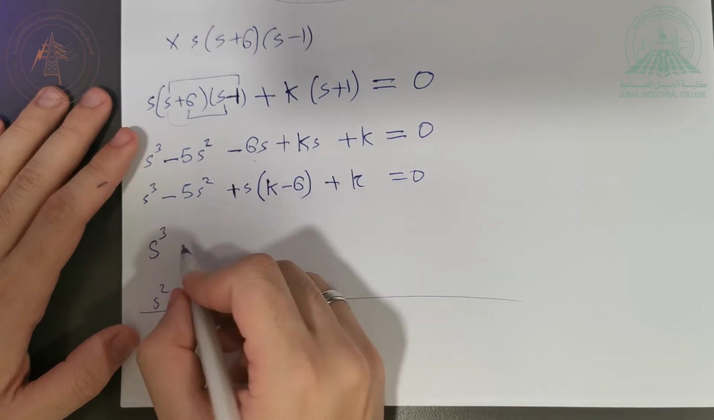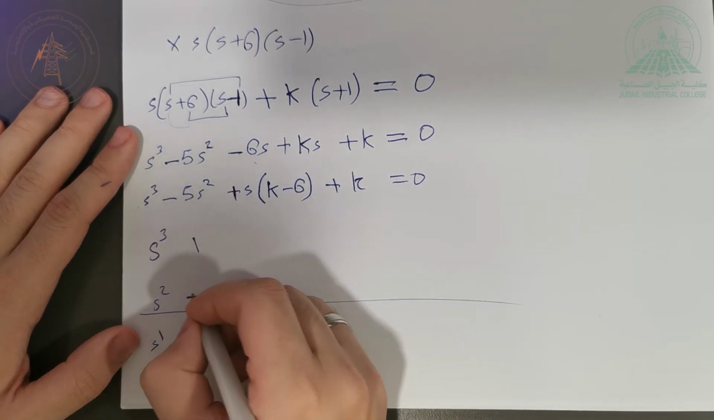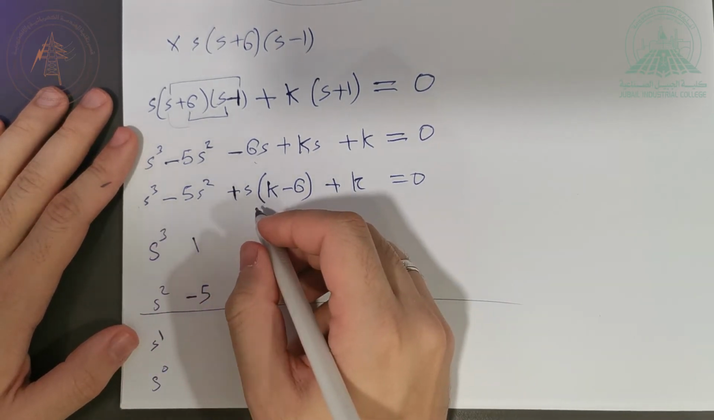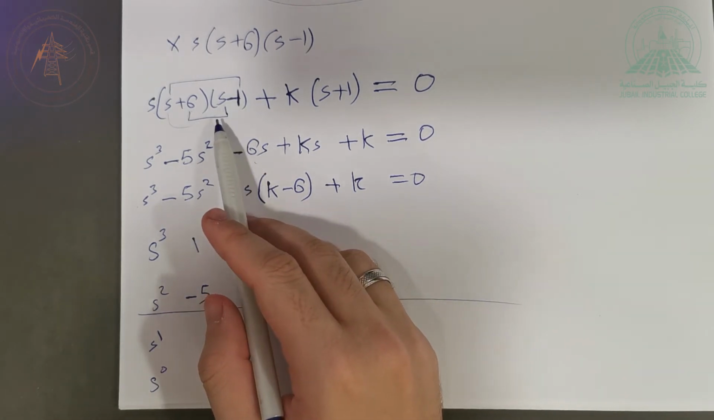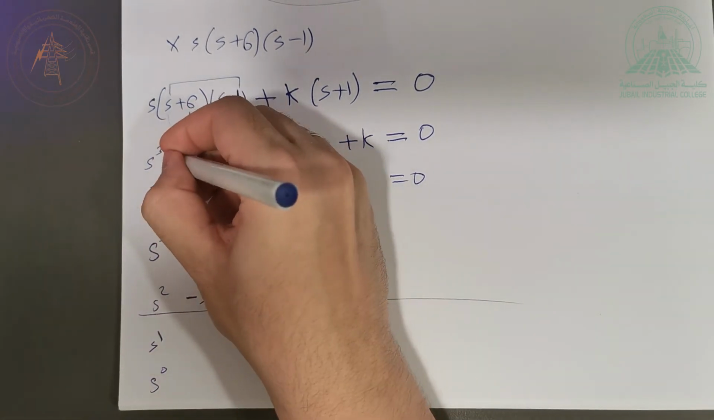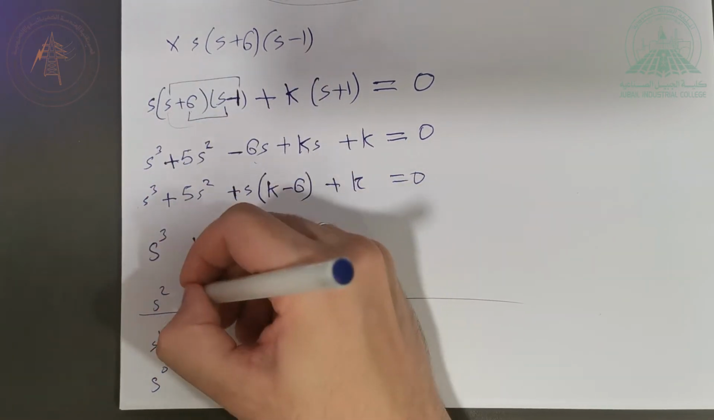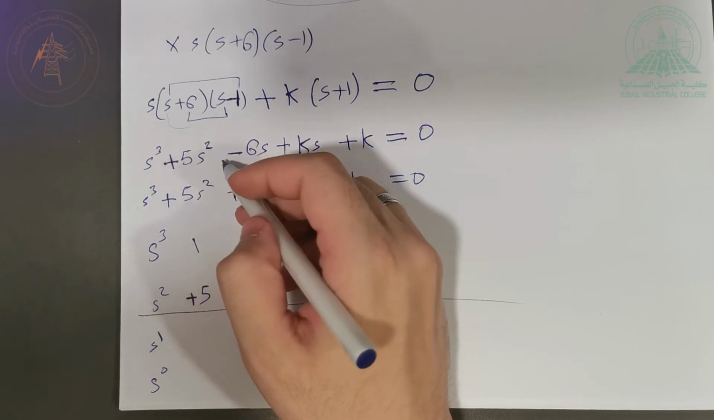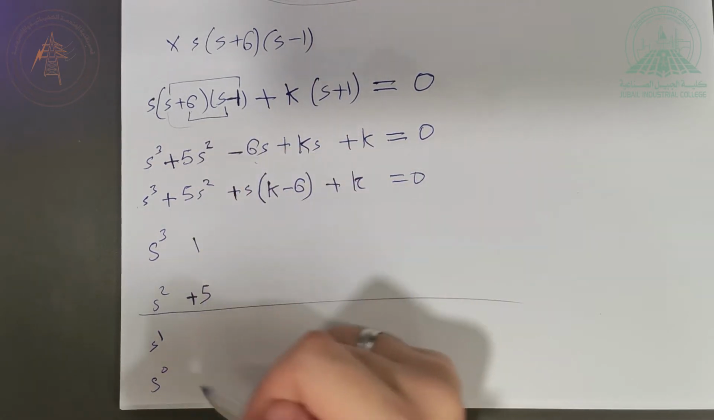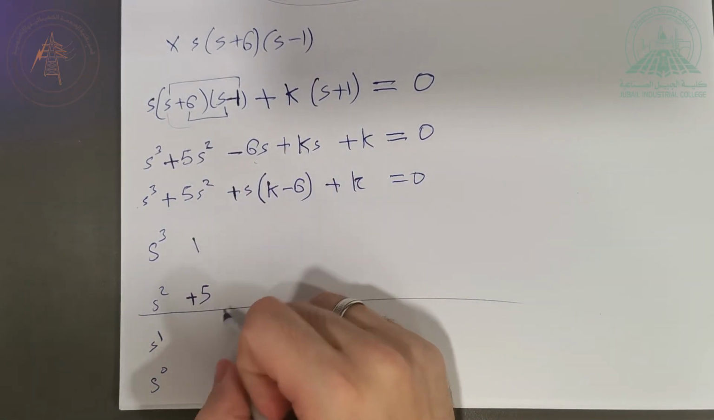So how do I start? I have 1, then minus 5. I think we made a mistake here. Let me just fix it, this should be plus 5. Plus 5, right? Because you have 6s minus 1, so it should be plus 5s squared. 6 minus 1, yeah. Plus 5,